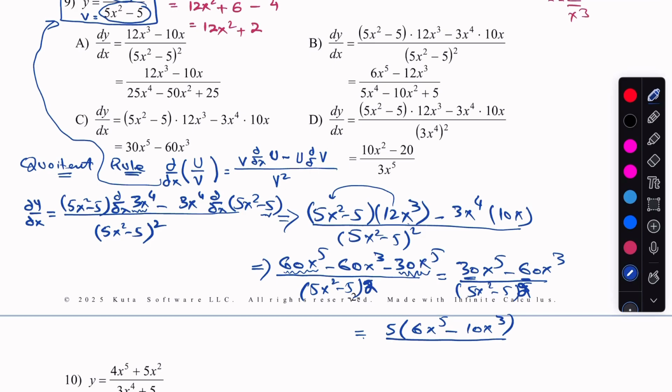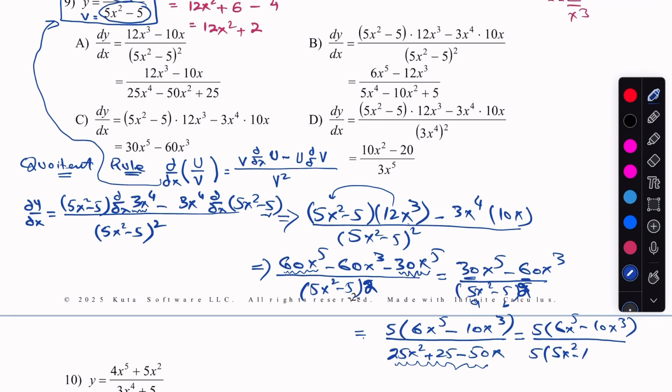Then we're going to open (a - b) whole squared, which is a squared, which is 25x squared, plus b squared, which is 25, minus 2ab, which is 25 multiplied by 2, 50x. So if we take the common factor 5 from there, 10x cube over 5, we'll have a common factor, and we get 5x squared